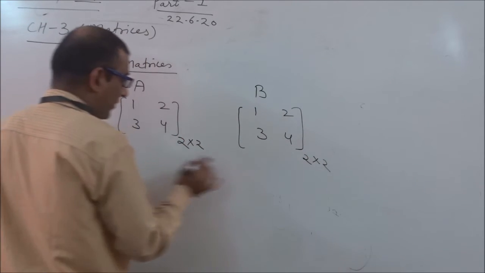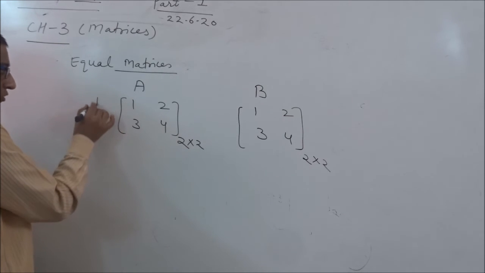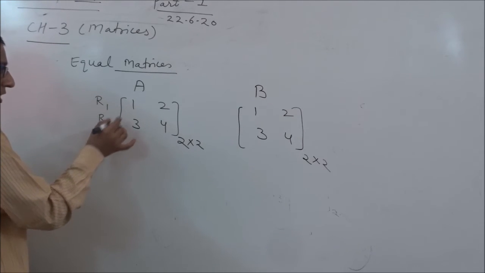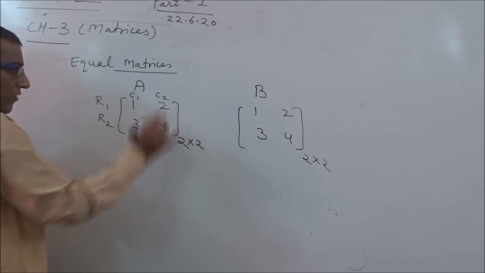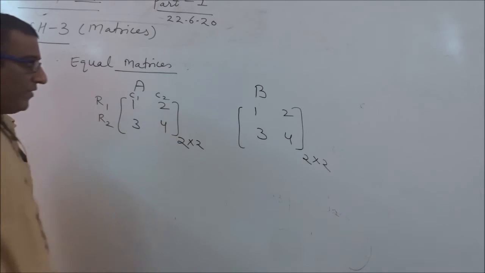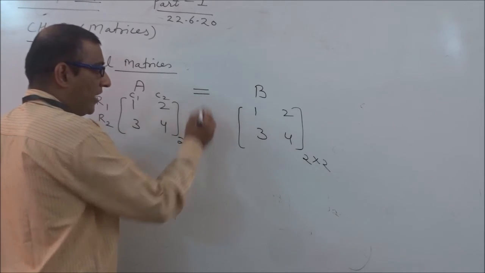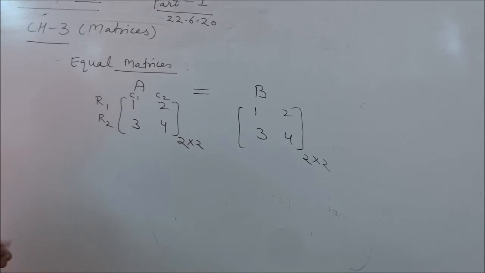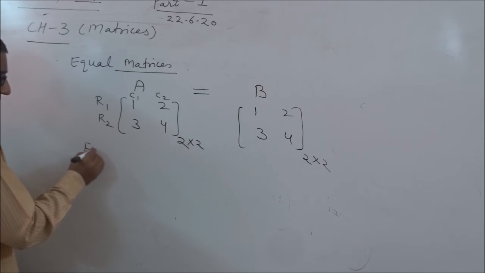In both the matrices there are two rows, that is the horizontal lines, and two columns, that is your vertical lines, C1 and C2. So if both orders are the same and both elements are the same, then we can say such a type of matrix is known as an equal matrix. So for example, if I am saying